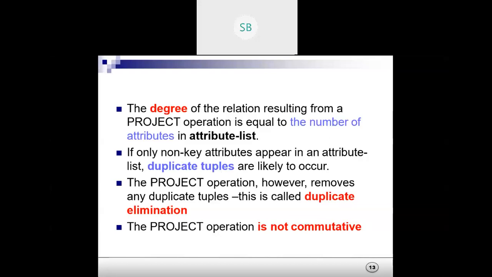Obviously, if you don't have any primary key attributes, duplicate tuples will appear. Now this project operation removes any duplicate tuples, meaning duplicate rows. This is called duplicate elimination. And always remember, the project operation is not commutative. In sigma it was commutative, but here it is not.